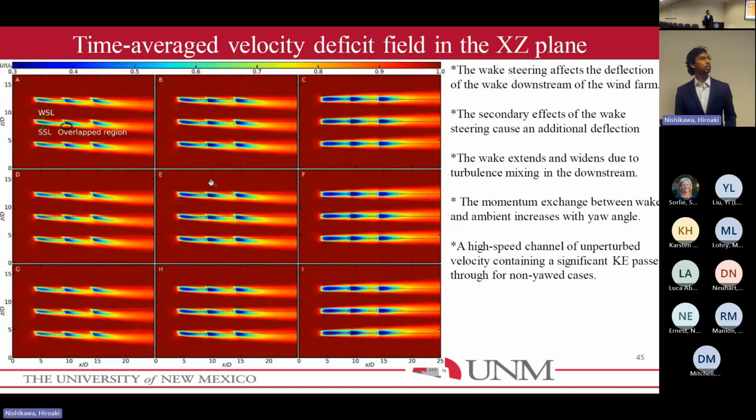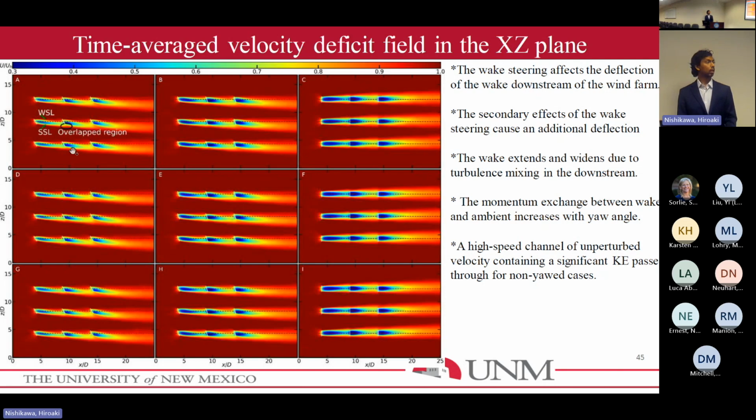So this is the time-averaged velocity deficit profile in the XY plane. As you can see, wake steering affects the deflection of the wakes. Here there is no yawing, this is 20 degrees, this is 30 degrees. If you increase the yaw angle, the wake deflects more and more. And you can also see that for the first row of turbines, the wake deflects less than for the third row,